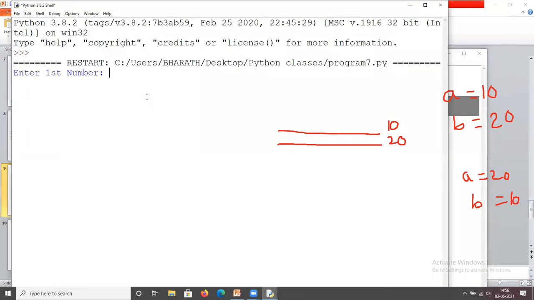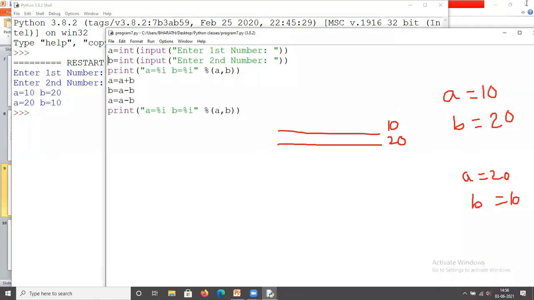So 10, 20. A value is 10, B value is 20. So what happened here? What is the initial value of A? The initial value of A is 10.